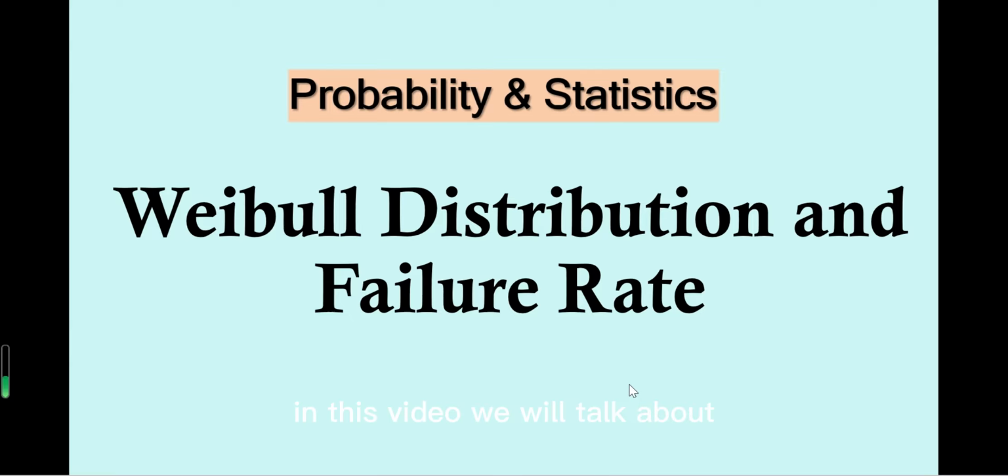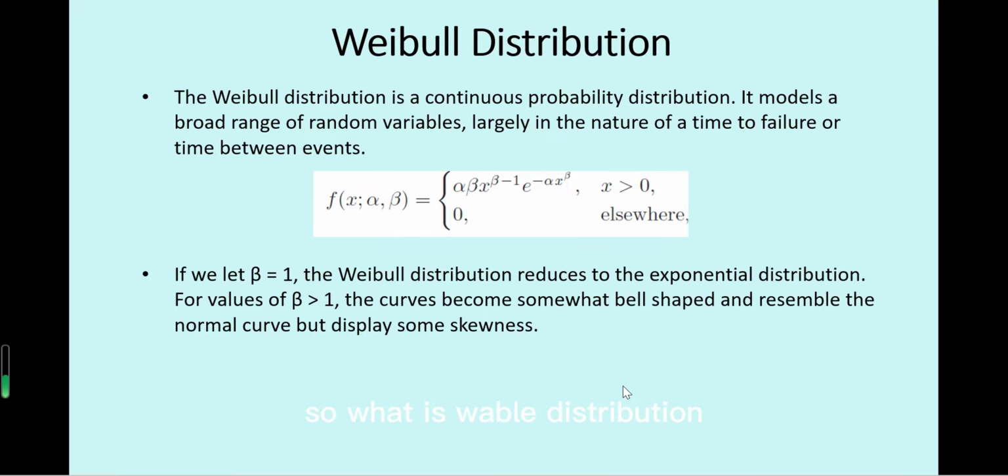In this video, we will talk about Weibull distribution and failure rate. So what is Weibull distribution? Weibull distribution is a continuous probability distribution like exponential and gamma distribution. Weibull distribution is also widely used to model the random time to failure, lifetime, and this kind